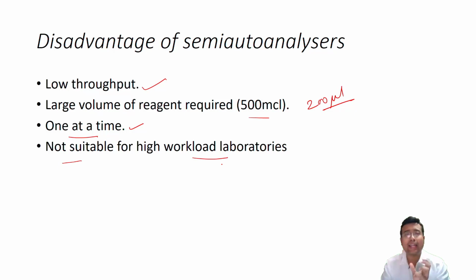One more important thing, a technical part that may be asked: in case of a semi-automated analyzer, there is no cooling system. So you need to first take out the reagents, warm them up to room temperature, and then analyze. Whereas this is automatically done in an auto analyzer, where there is an inbuilt cooling system. Whenever in use, the reagents come to room temperature. Whenever not in use, the reagents are kept in a fully cooled chamber. So it helps to increase the shelf life of reagents. Generally, reagents in semi-automated analyzers are unstable compared to auto analyzers.